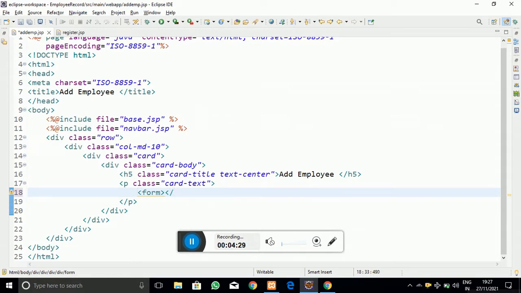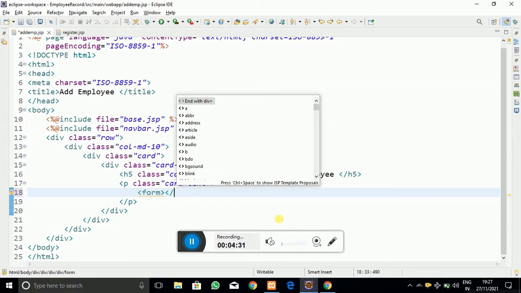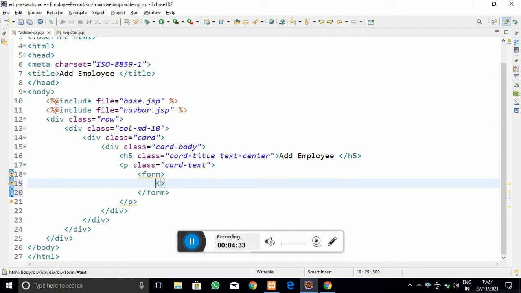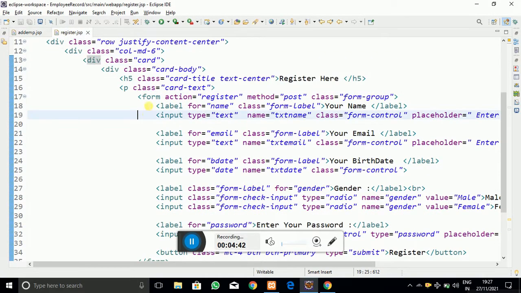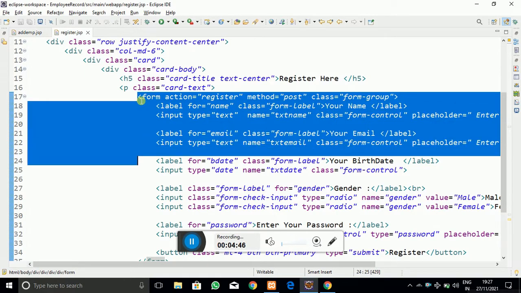Let's complete that form tag. And into the form we have to take some data from the user.